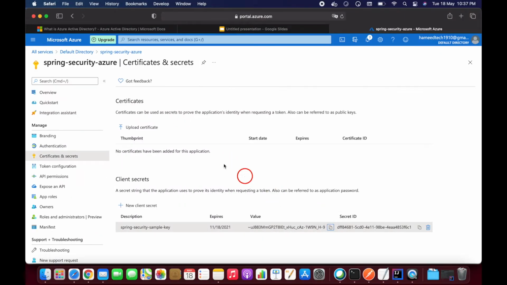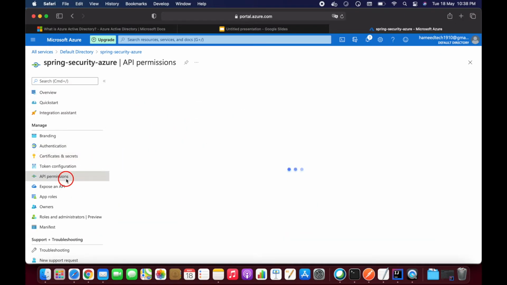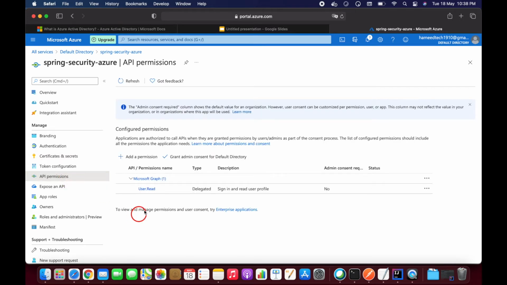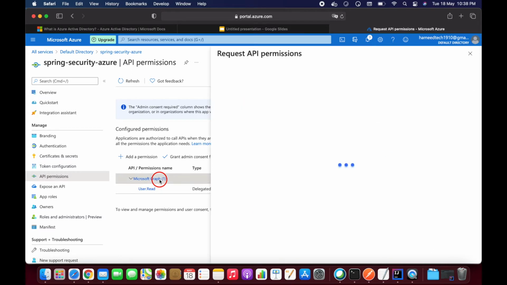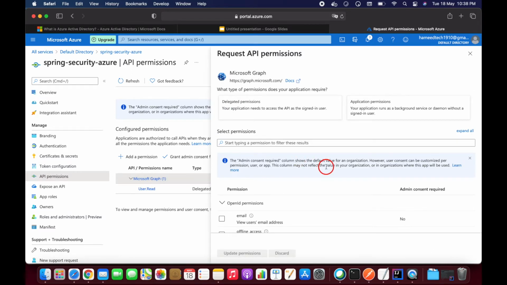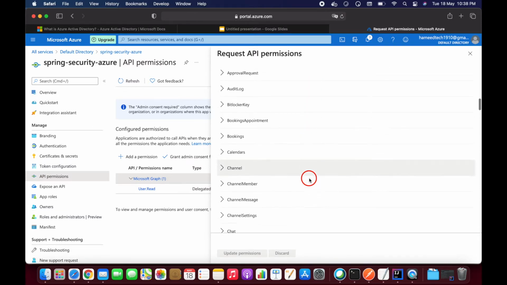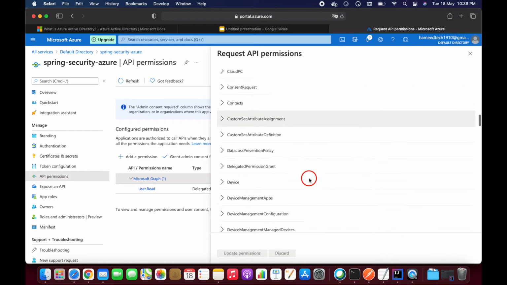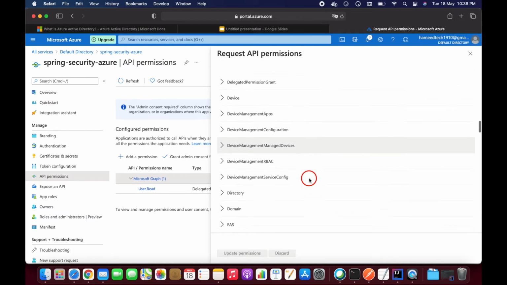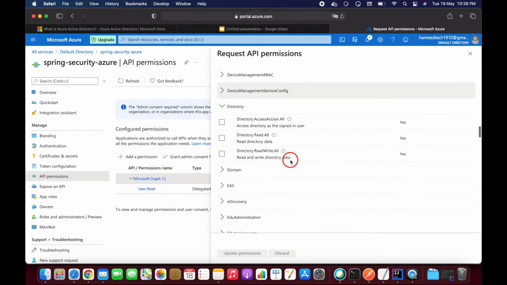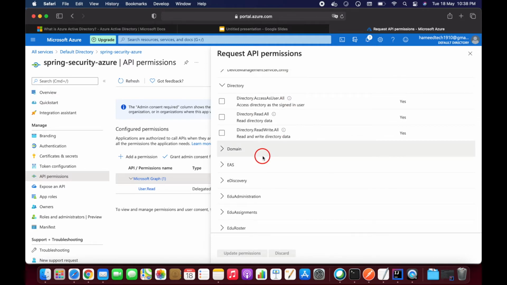We have API permissions here. Let's click on that. Here we have Microsoft Graph, so click on that, and here we need to find the directory. Let's go to that directory. Here you will find a couple of options: directory access as user all, read all, and read and write all.